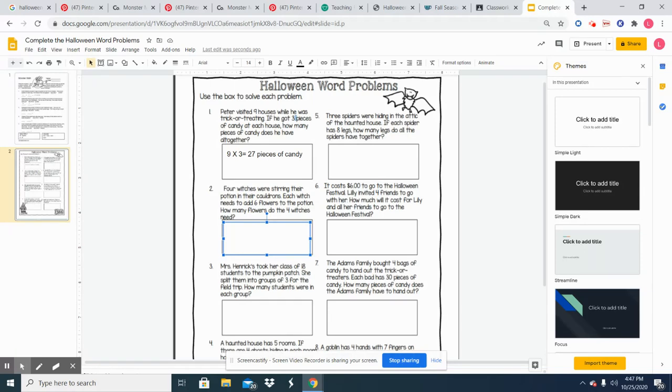How many flowers do the 4 witches need? So your numbers here are 4 and 6. There's 4 witches and there's 6 flowers. And they want to know